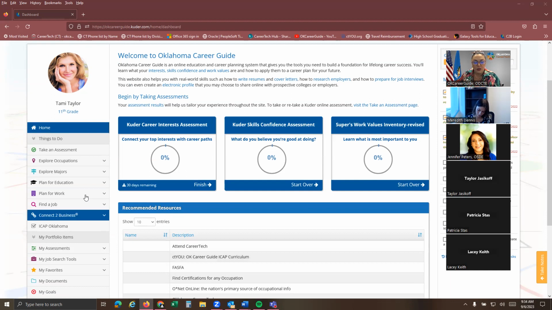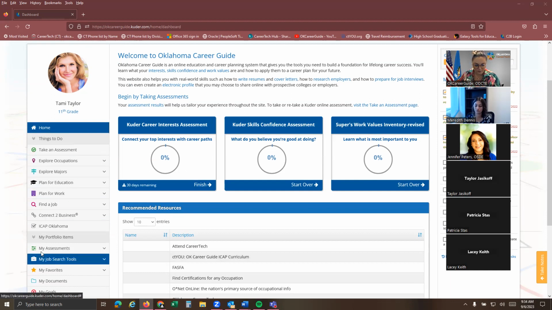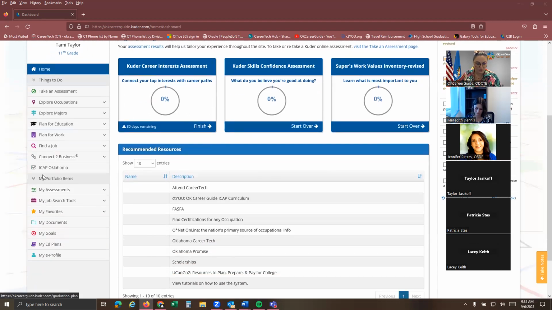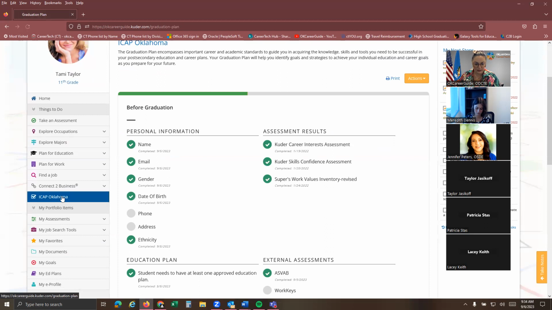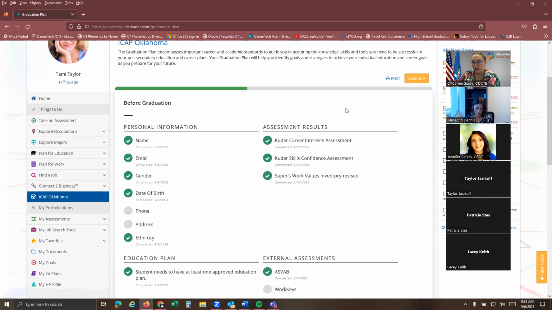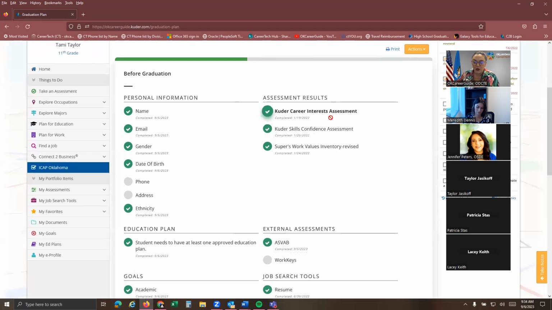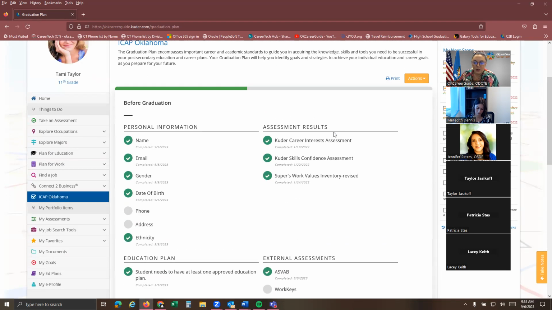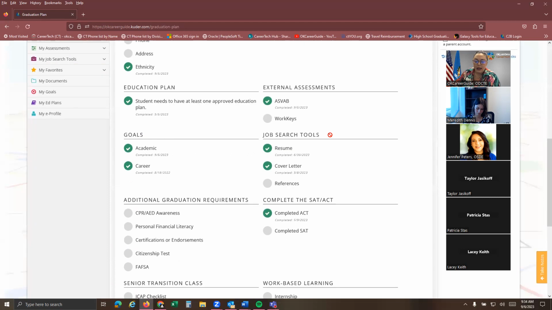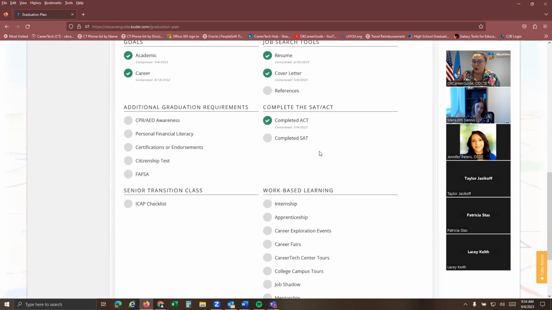So I mentioned over here in this left-hand column, that's where most of the work will be done for your students. If they click ICAP Oklahoma, right here in the center of that left-hand menu, it's going to show what I call the Oklahoma green cards, the ICAP Oklahoma green cards. And this is where a student can go in and keep up with their ICAP progress.